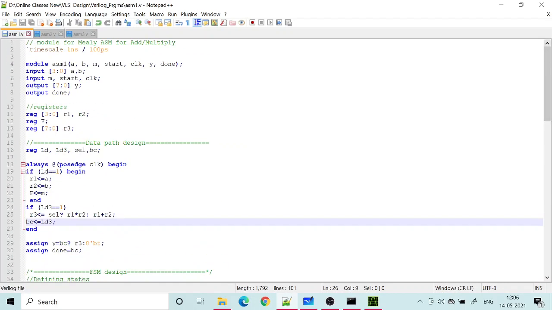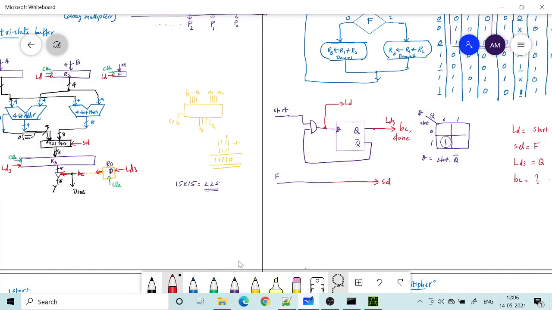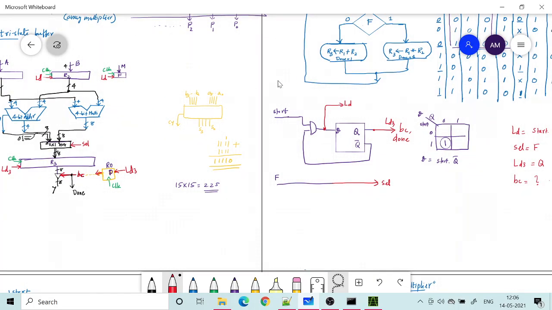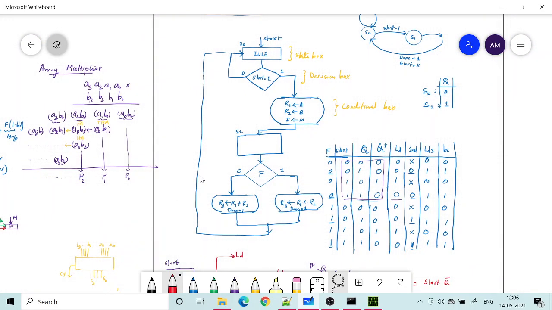Okay, and you can avoid this delay flip-flop in the data path by changing the entire FSM machine or controller design differently. So earlier the ASM chart I have shown like this. In the idle state, when the start signal becomes high, you load the register and go to S1, and then depending upon addition or multiplication, you perform it and you load it into R3 in the next state and go back to idle state. So there were only two states. So that's what we have seen.